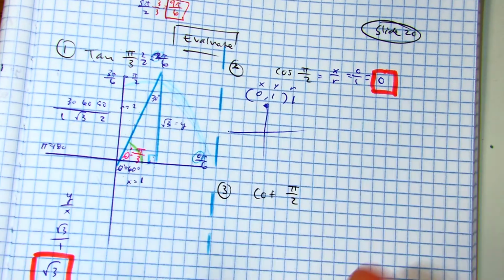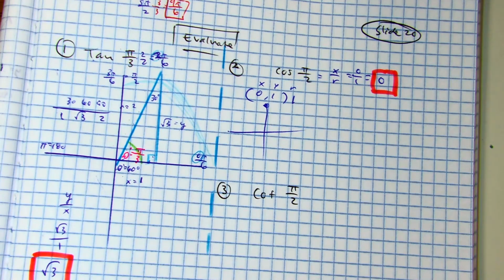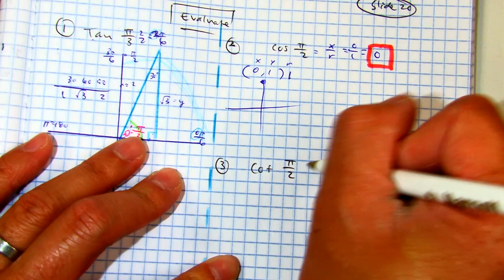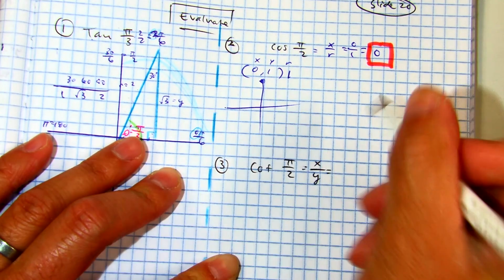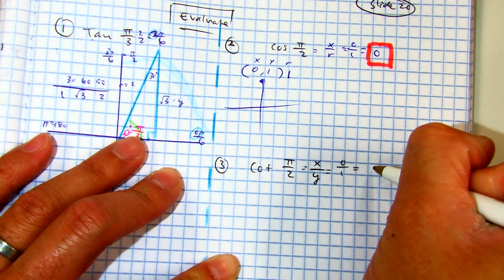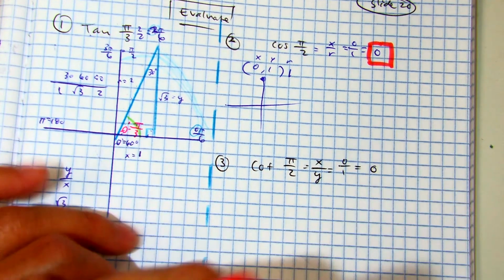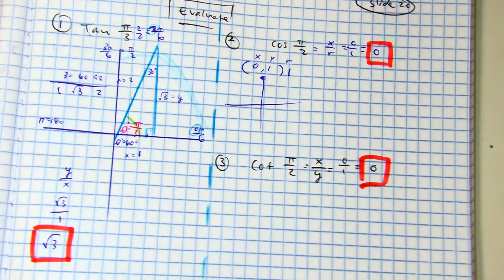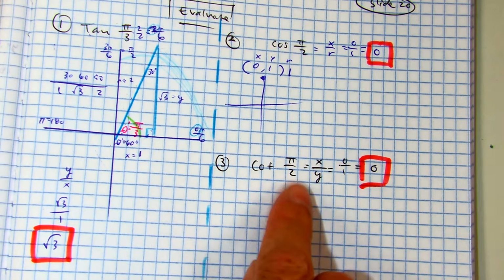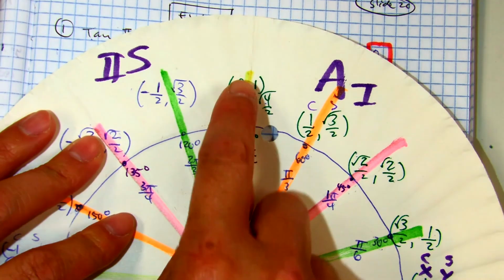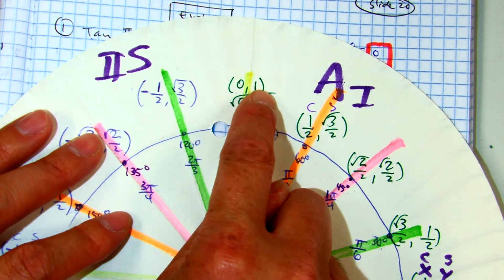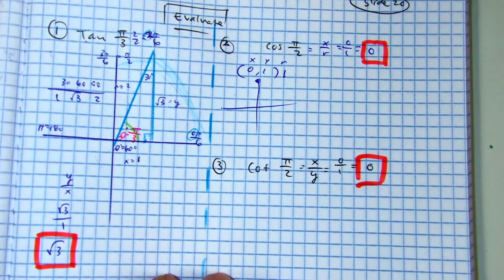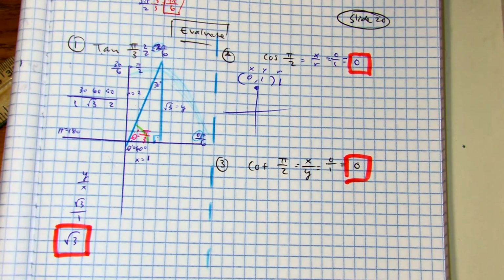And let's try cotangent of pi over 2. You can use the same picture. Cotangent is x over y. So 0 divided by 1, your answer is 0. Let's locate that on our trig paper plate. Pi over 2 is 90. X divided by y. 0 divided by 1, the answer is 0. So 3 examples of using radians to evaluate our special right triangles and quadrantal